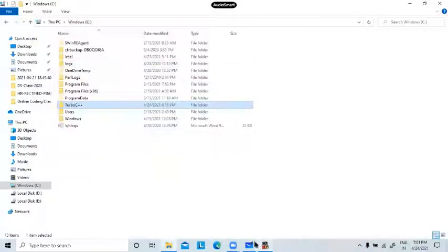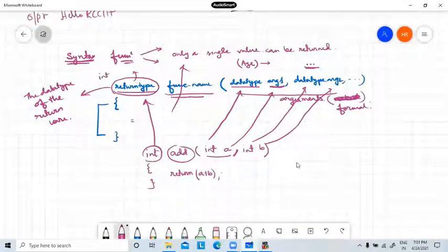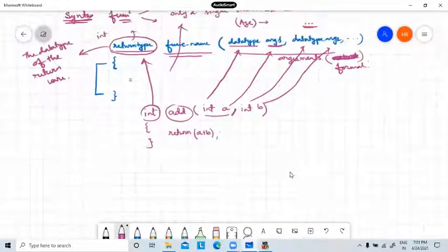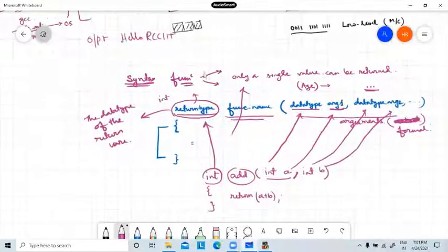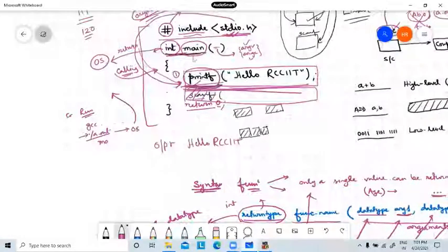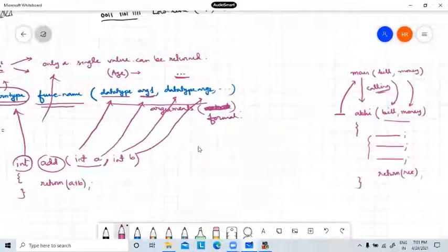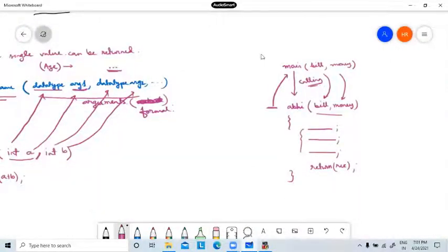Yes, sir. Understood. So get back to this. I hope now it is clear what is the meaning of this hash include, int main, then what is the meaning of printf, and what it is printing. Okay. Now how to write a function, how to call a function. What is the meaning of function? So function is